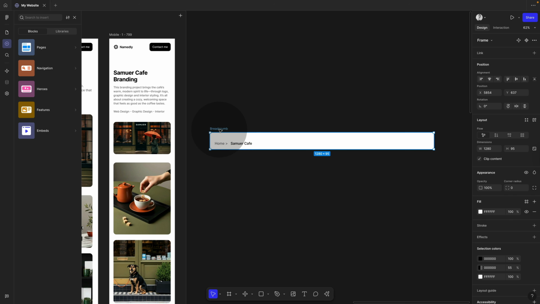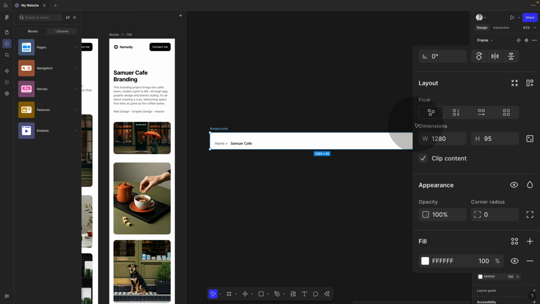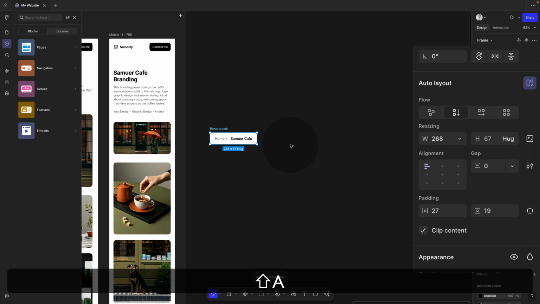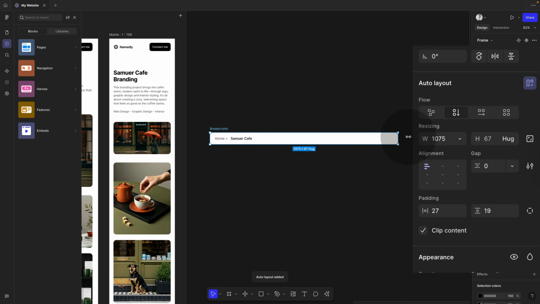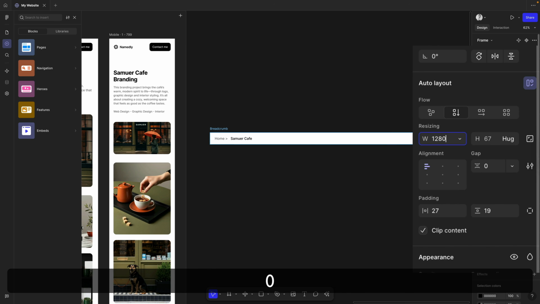And now I'm also going to create the outer frame. I'm going to select this. And you can see here, this is a frame. So I can also select this here, or I can press Shift and A. This is my shortcut. And then I'm creating this auto layout. So now I'm just going to pull this out. So this is the size of my parent frame,